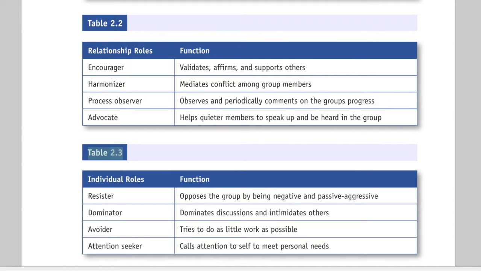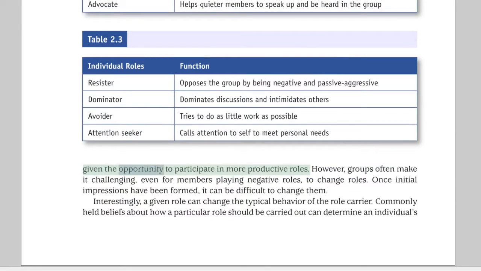Table 2.3. Members can be given the opportunity to participate in more productive roles. However, groups often make it challenging, even for members playing negative roles, to change roles. Once initial impressions have been formed, it can be difficult to change them. Interestingly, a given role can change the typical behavior of the role carrier. Commonly held beliefs about how a particular role should be carried out can determine individuals'